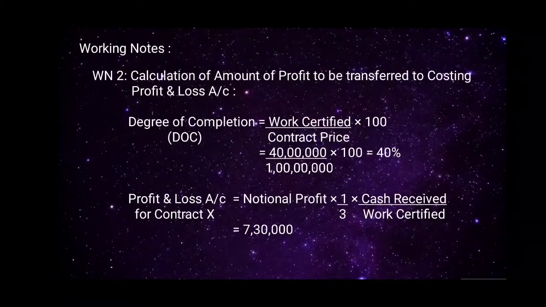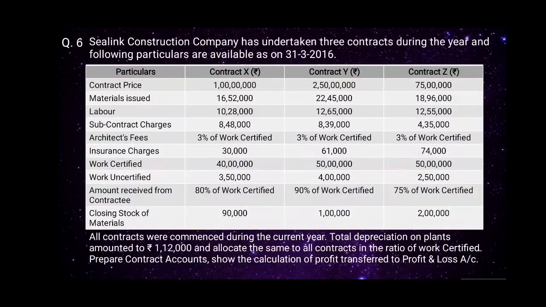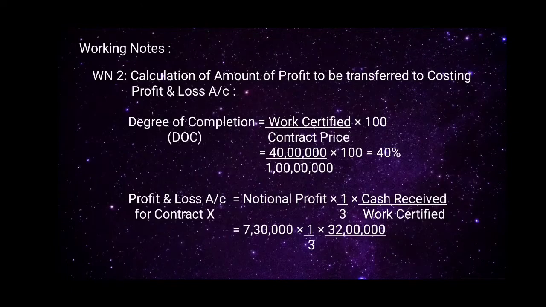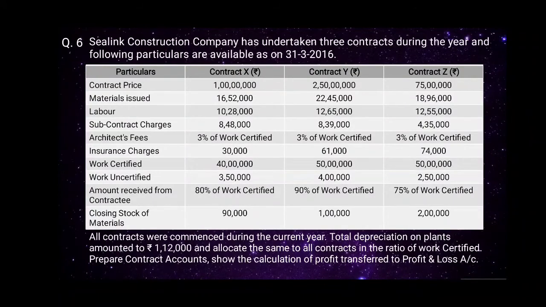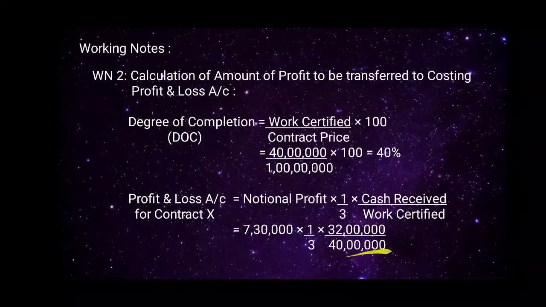So 7,30,000 into 1/3 into cash received. The cash received is 80% of work certified. So 80% of 40 lakhs, which will be 32 lakhs, divided by work certified. Work certified amount for contract X is 40 lakhs. So divided by rupees 40 lakhs, which will be equal to rupees